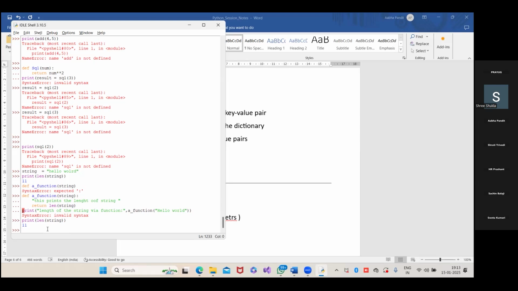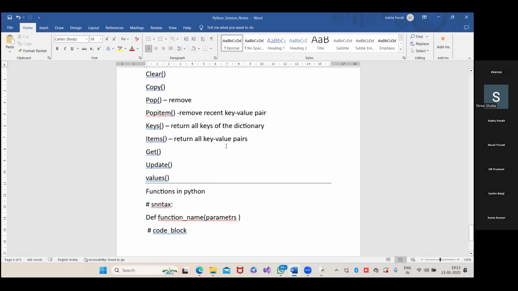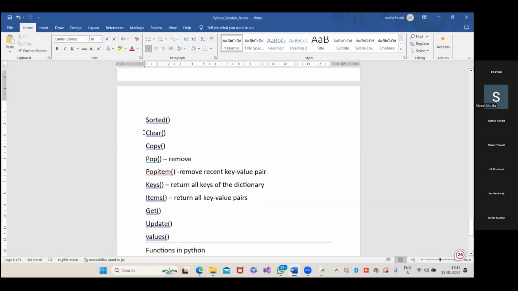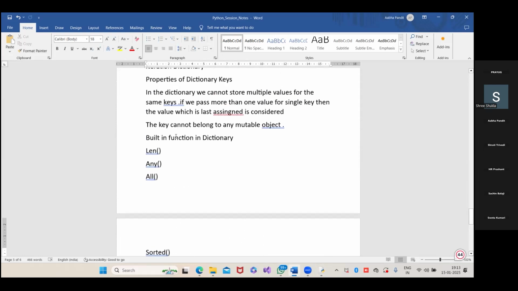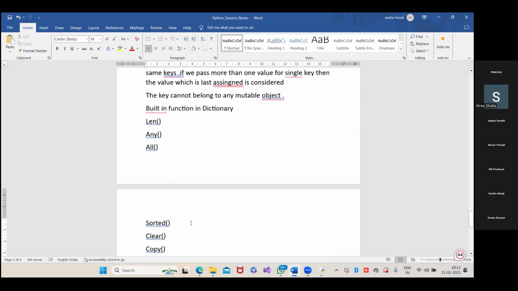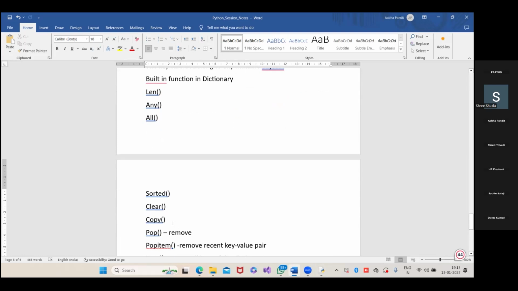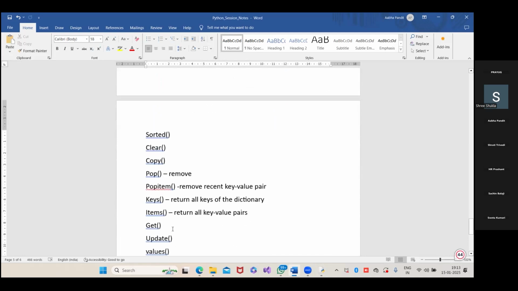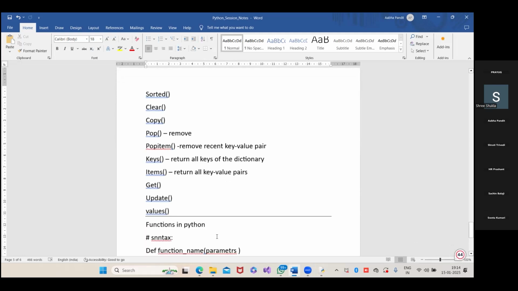Okay, remaining the things, okay, it's already 7:15. I just want that whatever be the functions, these are the inbuilt functions, ये तो work करेंगे 100%, and we had already seen that get, update, values, they are working fine. So remaining जो भी dictionary related functions है, built in function, len अभी मैंने आपको demonstrate करके दिखाया, sorted already done, copy we already practiced. So remaining जो भी है मतलब any, all, pop, पॉप आइटम, ये जो है कीज आइटम्स, ये सारे फंक्शंस आपको एग्जीक्यूट करना है, प्रैक्टिस करना है डिक्शनरी पे।